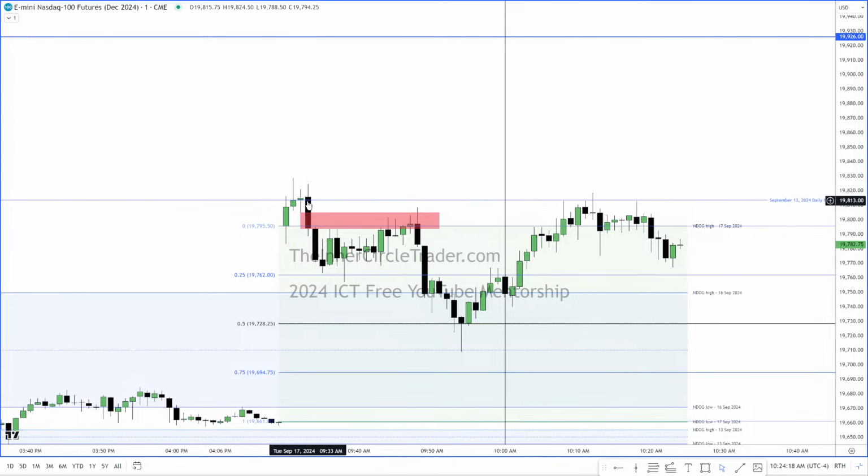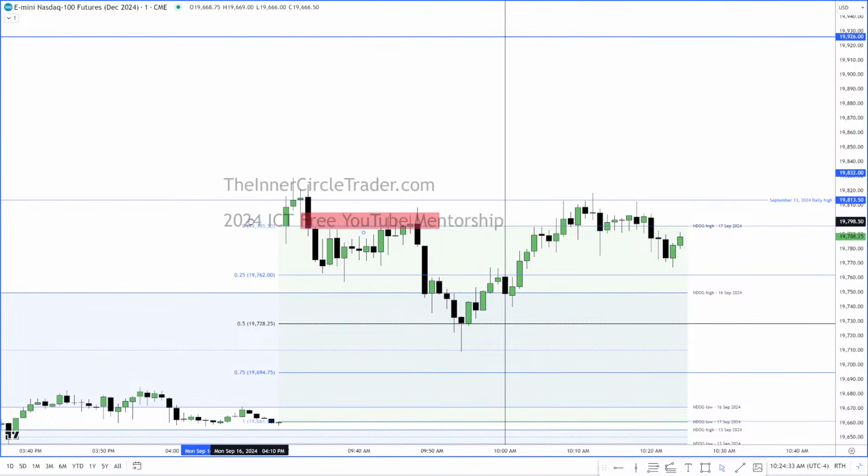9:31 is the first, earliest candlestick that can create the fair value gap, candlestick number 2, the one that makes the imbalance. This is candlestick number 1. This is candlestick number 2. And here's candlestick number 3. So on candlestick number 3, your entry is either